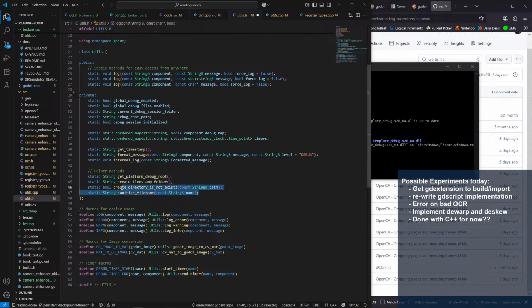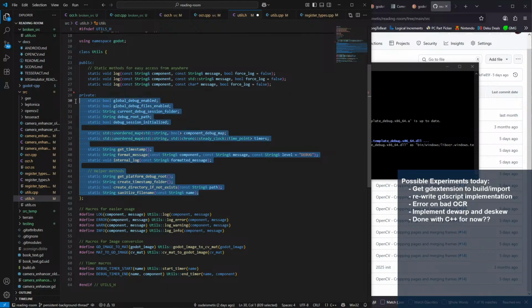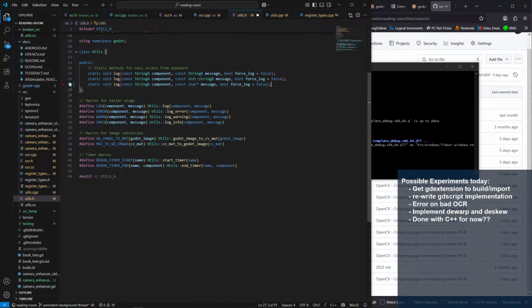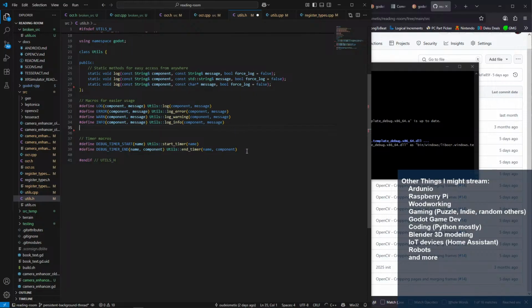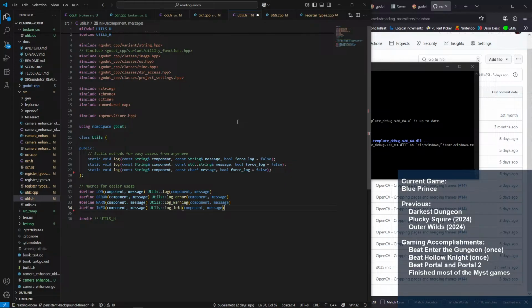And then these helper methods, timestamp, unordered map. Yeah, let's get rid of all the privates. We've got a bunch of methods for logging. Some macros for logging. Let's get rid of these macros and those ones.